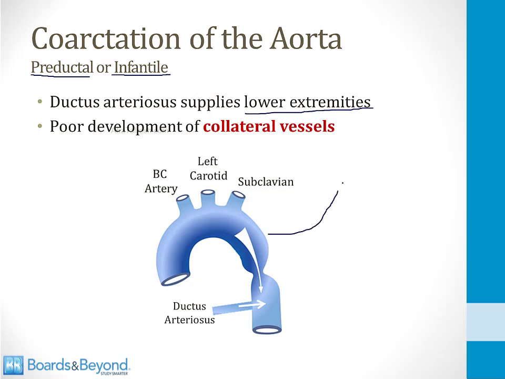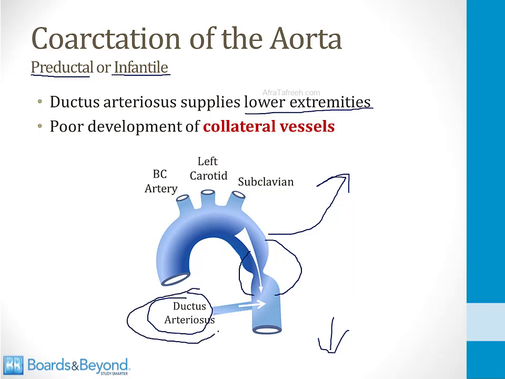The upper extremities will receive blood from the aorta proximal to the coarctation, and the ductus arteriosus will supply blood to the lower extremities. If not for the ductus arteriosus, the lower extremities would be deprived of blood and oxygen, and that would lead to the development of collateral vessels around the coarctation. But these collaterals do not develop in this situation because the ductus arteriosus is distal to the coarctation and it supplies the blood to the lower extremities. So the key consequence of a preductal coarctation is that there is poor development of collateral vessels in the fetus